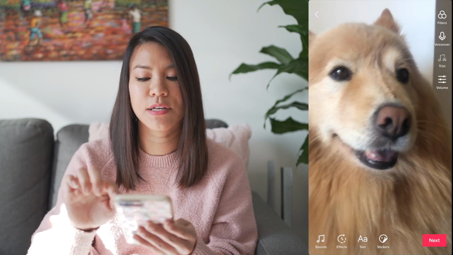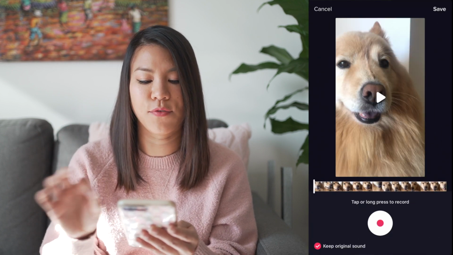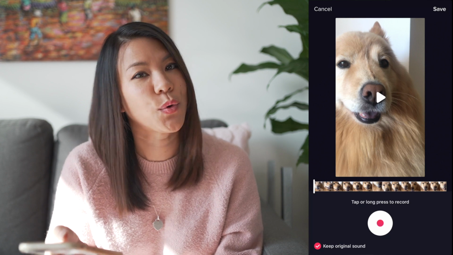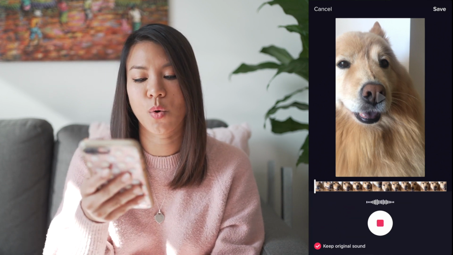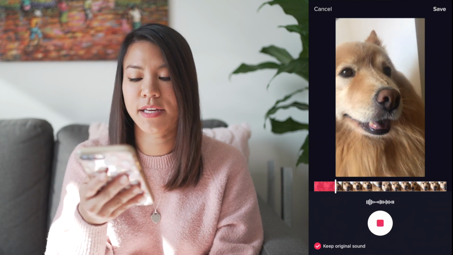you see that little icon there, like it looks like a microphone. Tap into that, it'll say voiceover as well. You can start recording your voiceover. So hit the record button, say 1, 2, 3, 4, stop, and if you don't like it, hit the back